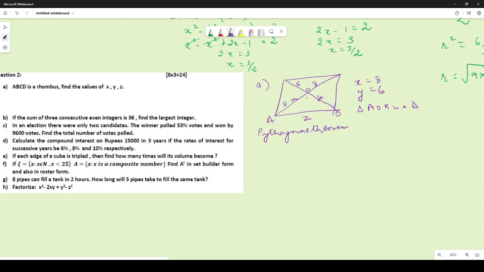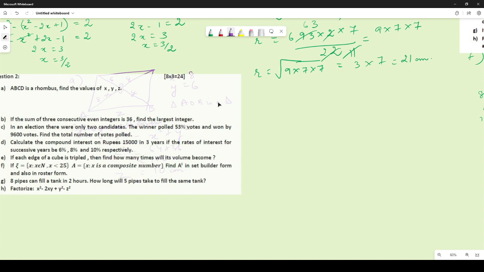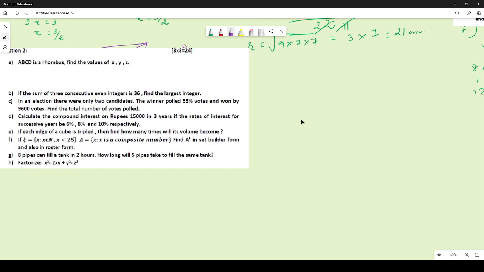So Pythagoras theorem में, now this is the right angle, so z becomes the hypotenuse, so इसका मतलब z square is equal to x square plus y square, z square is equal to 64 plus 36 is equal to 100 and this says z is equal to 10 centimeters। So ऐसे करके इसका आंसर निकलेगा यहाँ पर। Now let us check out the next question। इस क्वेश्चन में भी बहुत लोगों ने कुछ कुछ उल्टा पुल्टा किया है। Now let us see what you did wrong over here।